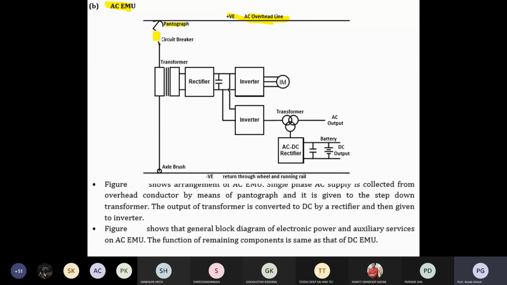Okay, so the pantograph is there for the AC overhead line. Then the circuit breaker is breaking the line in any kind of difficult condition. Then the transformer is there. The transformer is stepping down and the rectifier converts from AC to DC, and you will get the fixed DC. The DC is fed to the inverter, whose output is three-phase, so that may be directly connected to the induction motor, and the input of the inverter is DC. With the smoothing reactor, it will get the fixed DC, and another inverter is there. Then the rest of the portion is similar to your previous operation.